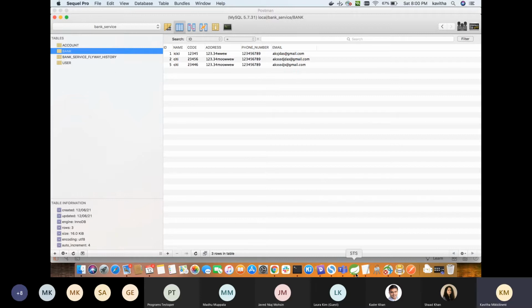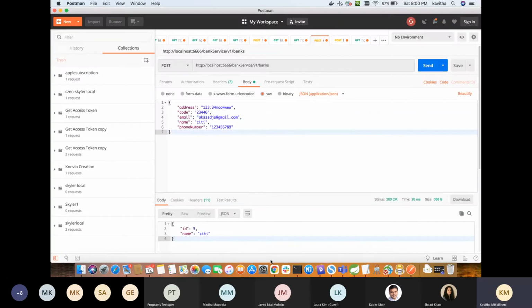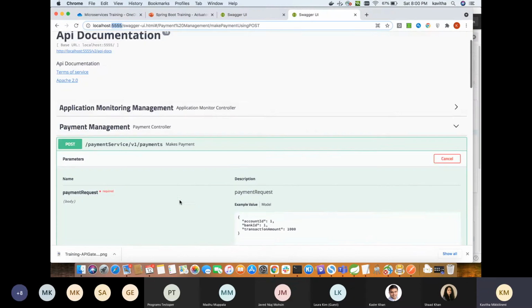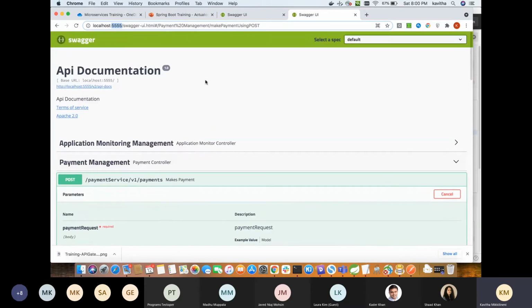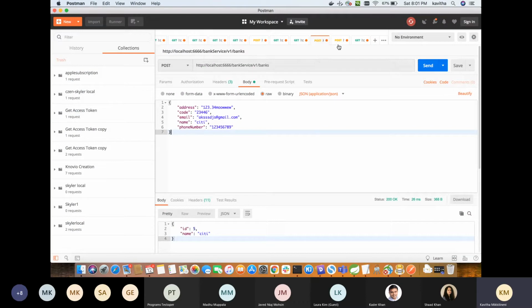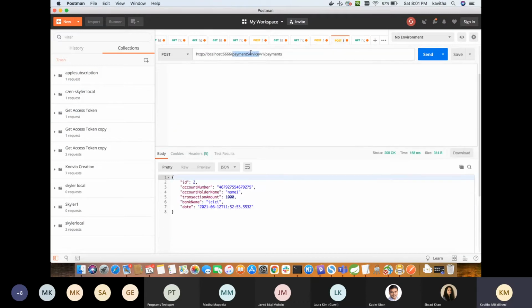Similarly, the payment service which we had, using the amount and the transaction amount, which is residing on 5555, the same thing we can invoke using the API gateway. So this is the payment service.